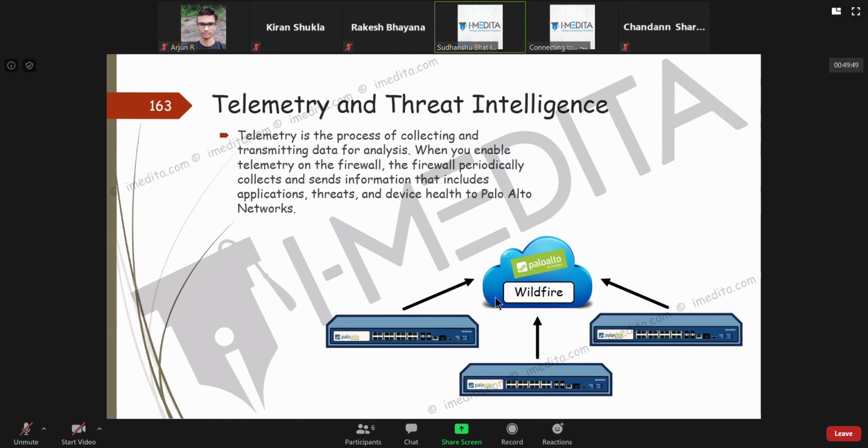If you share this, the benefit is that you also get threat intelligence from the cloud. If you don't share it, you don't get information from the cloud.